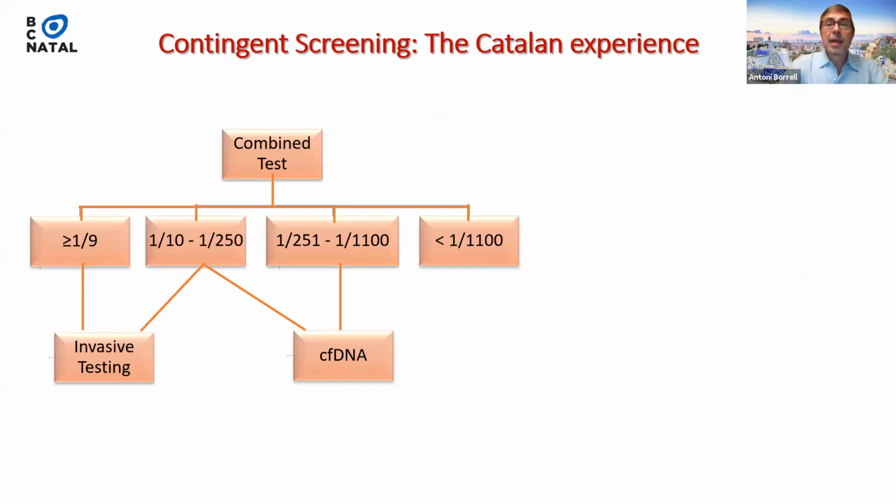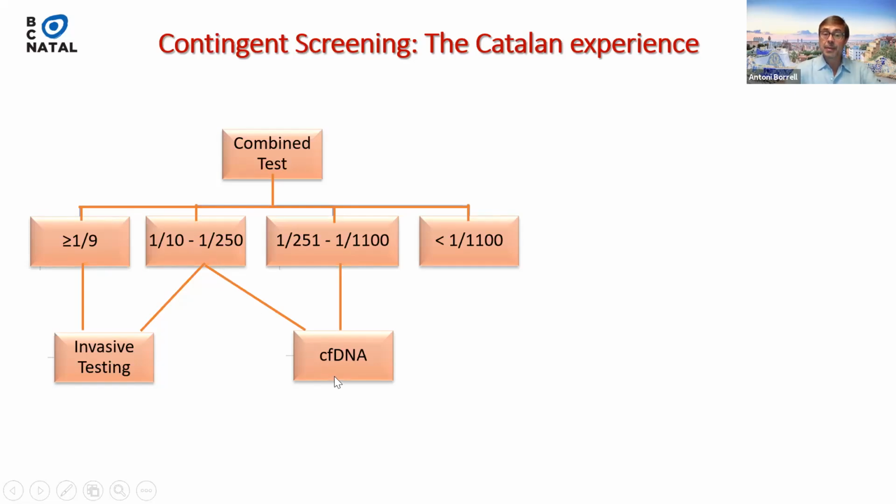Finally, I would like to comment on contingent screening, and this is our experience and our protocol. Maybe it's a little bit complicated. We offer combined tests to the whole pregnant population, and if the risk is very high, we offer only invasive testing. If the risk is high, between 1 in 10 and 1 in 250, what is generally known as high risk, then we let women choose between invasive chorionic villus sampling in the first trimester